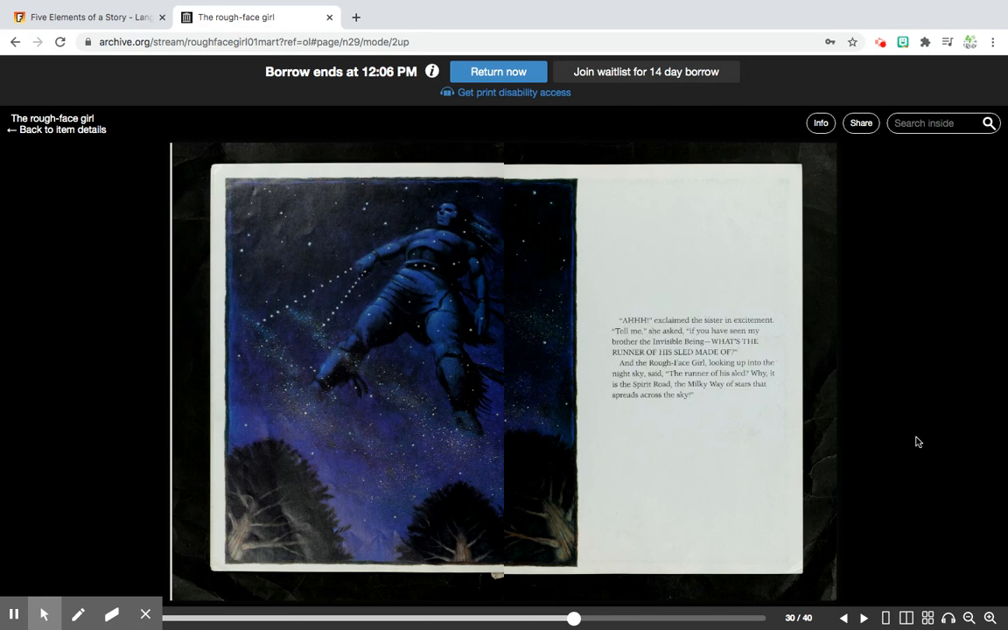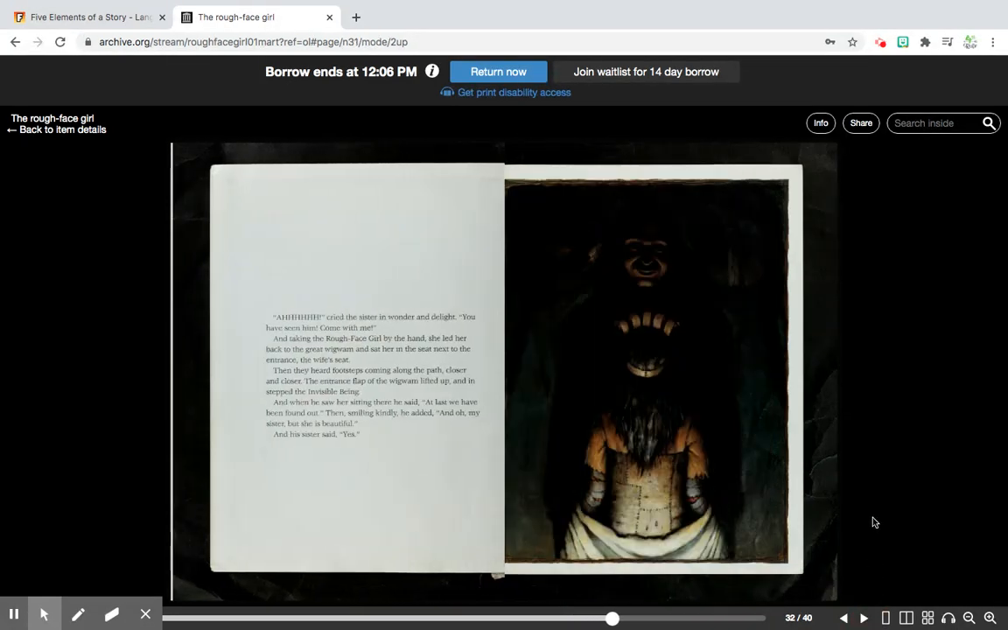Ah, exclaimed the sister in excitement. Tell me, she asked, if you've seen my brother, the invisible being, what's the runner of his sled made of? And the rough-faced girl, looking up into the night sky, said, "The runner of his sled? Why, it's the spirit road, the Milky Way of stars that spreads across the sky." "Ah," cried the sister in wonder and delight, "you have seen him. Come with me." And taking the rough-faced girl by the hand, she led her back to the great wigwam and